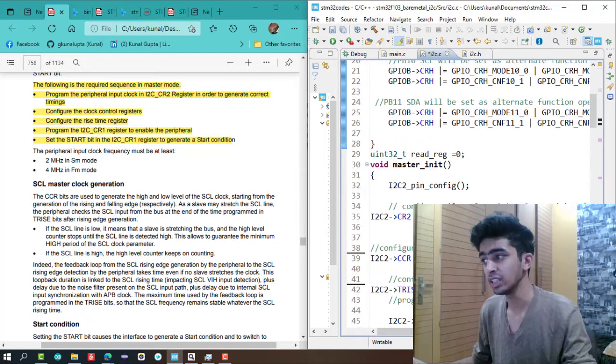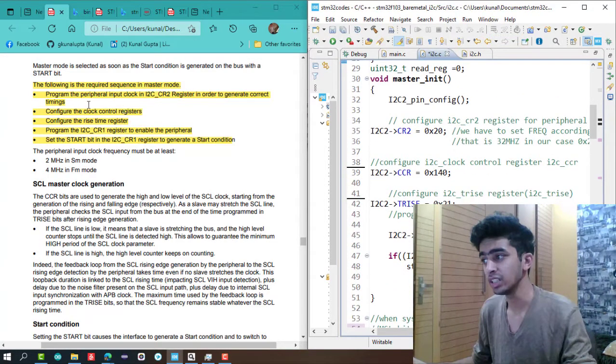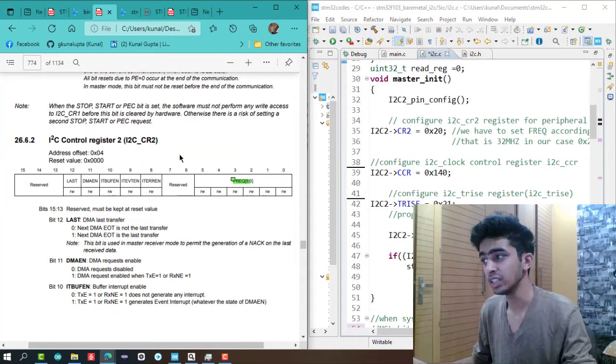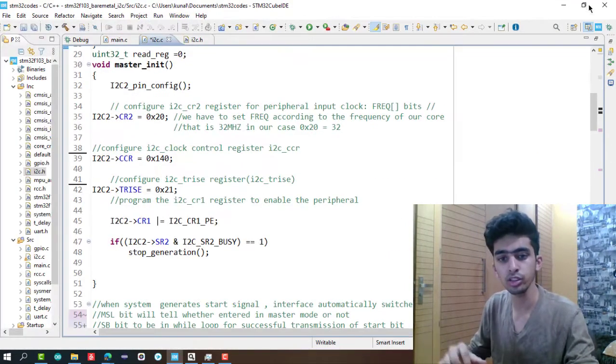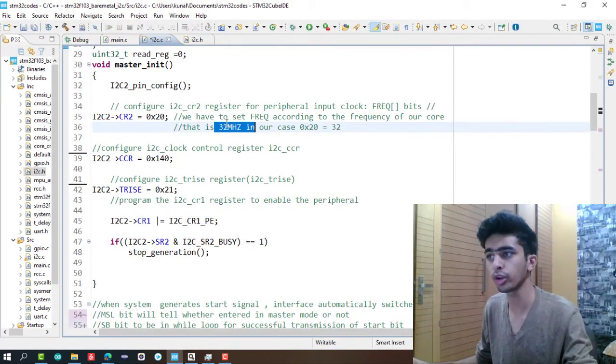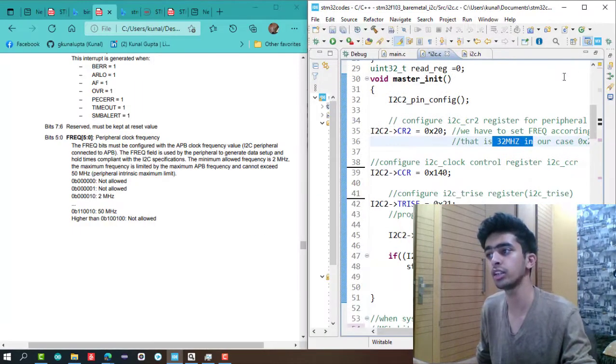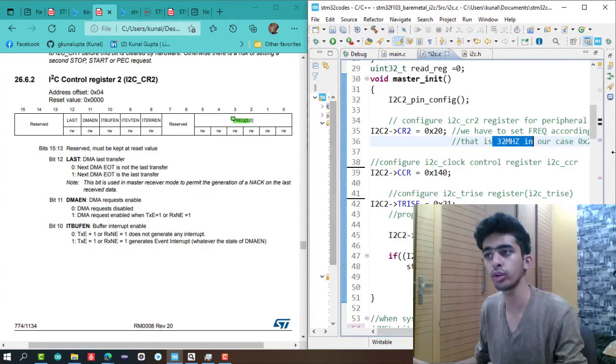Now in the clock configuration, the first thing is to program the peripheral input clock in the I2C CR2 register. If you go to the I2C CR2 register, you will see that bits 0 to 5 are FREQ. These are the frequency bits that we have to program according to the input frequency of our core clock.